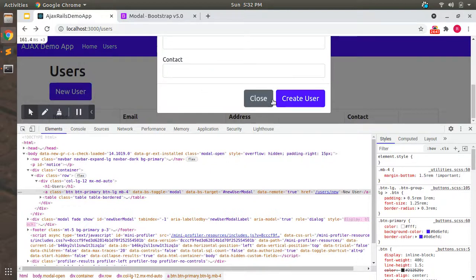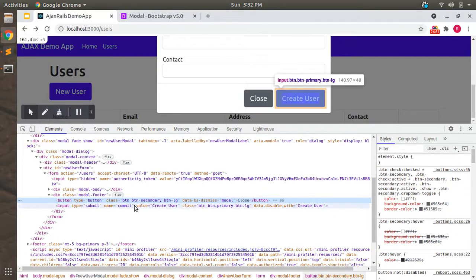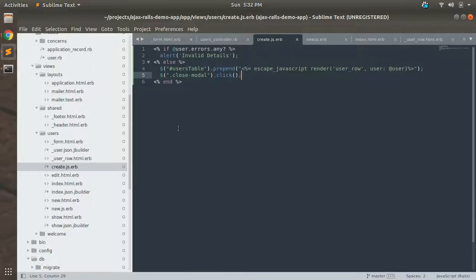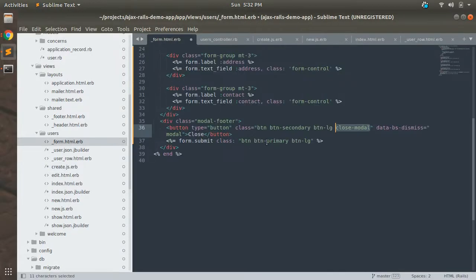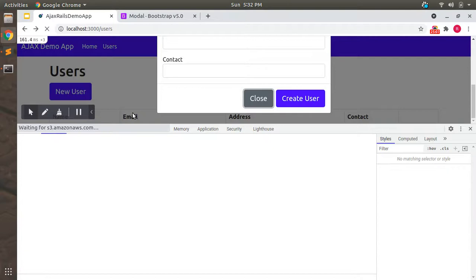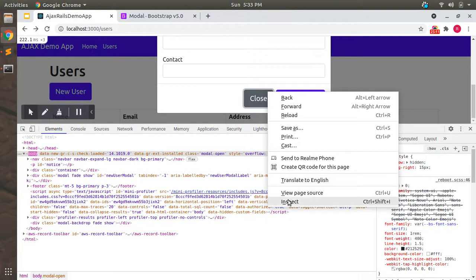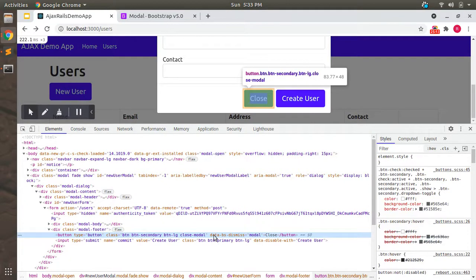Open the modal and check whether the class is applied on this button or not. Oh, we can see that no class is added to this button. We haven't saved this close modal class here. Let's save it and now reload the page and check the class. Yeah, now it has the close modal class.